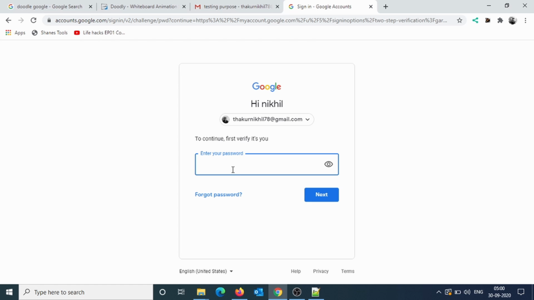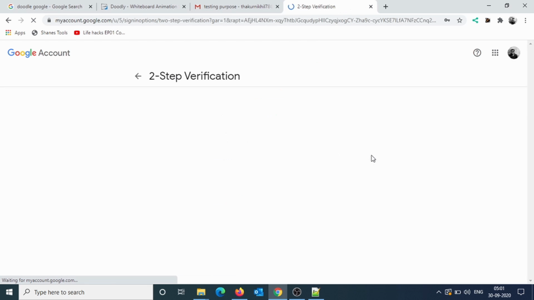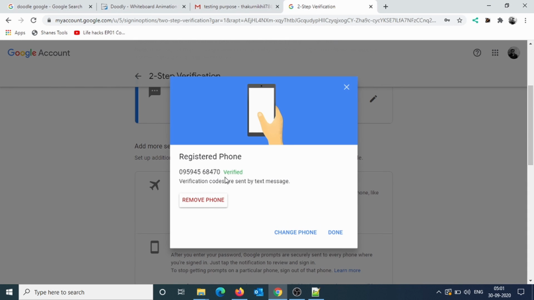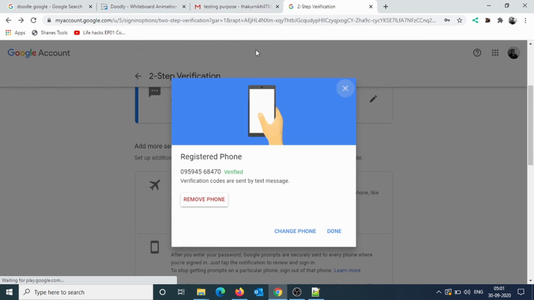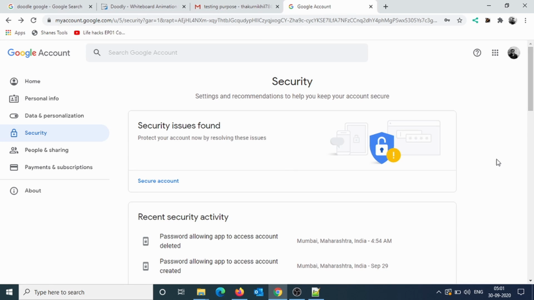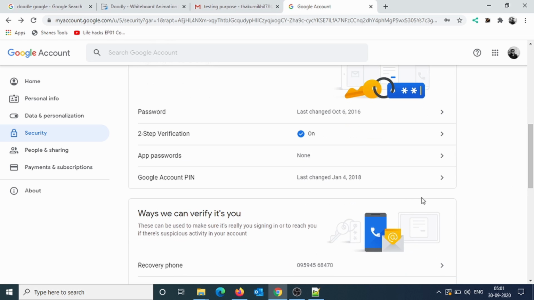and you have to provide your password again for the Gmail account. And after this you have to enter your mobile number, and an OTP will come. You have to type the OTP and your account will be verified. So once this is done, just a second, I'll show you. Now you have to create an app password. For this you will click here.